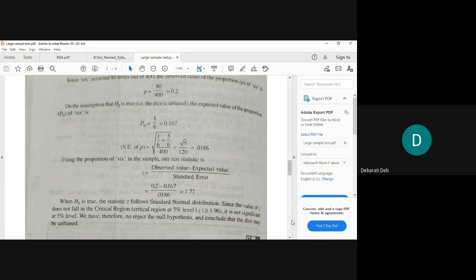Those who have finished, move ahead, and those who haven't finished, keep it. You can do it after the class, since you're saying you have understood. I have to finish this sum today. So now in the next line you write, our test statistic is. No need to write using the proportion of 6 in the sample. Just write down our test statistic is